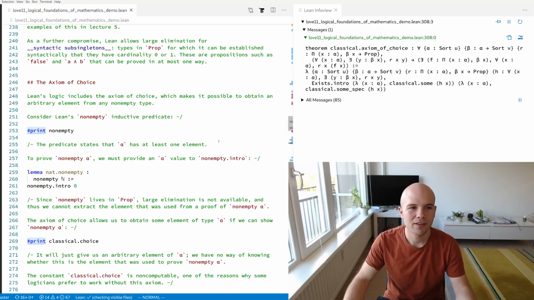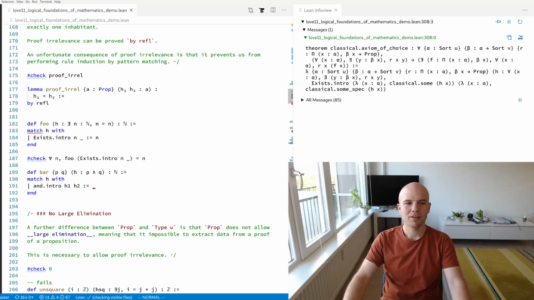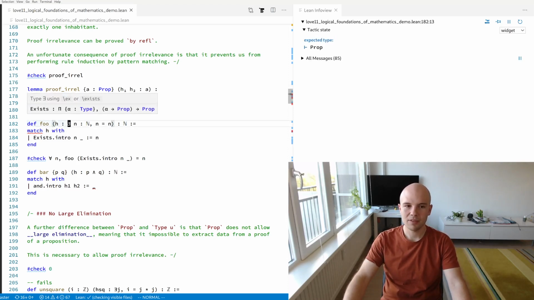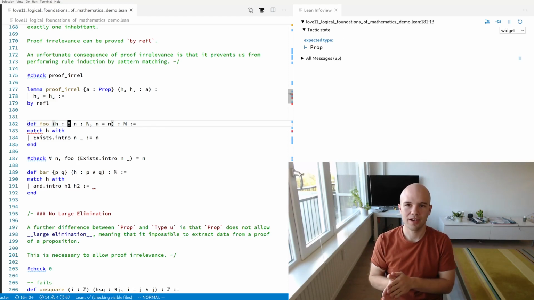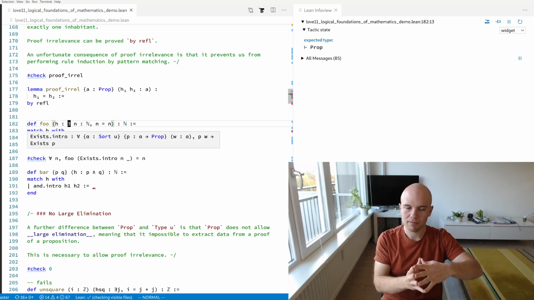If we go back to the last lecture and recall the restriction on large elimination that we had in Lean. Remember, if we have a proof of an existential statement, we cannot use pattern matching to extract the witness used to prove this existential statement. That's because we would then be able to define a function from a type with at most one element, like all propositions are in Lean, a subsingleton type, that returns different witnesses, depending on how the